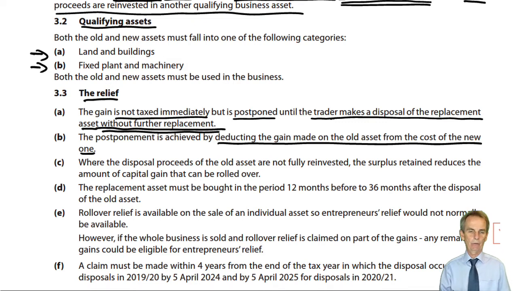And how does the deferral work? Hence the name. We roll over that gain against the base cost of the newly acquired asset. We deduct this gain from the cost of the newly acquired asset. By making its cost lower, any future gain is made higher, same proceeds, lower cost, and that gain would then become chargeable unless we make a further reinvestment of its proceeds.